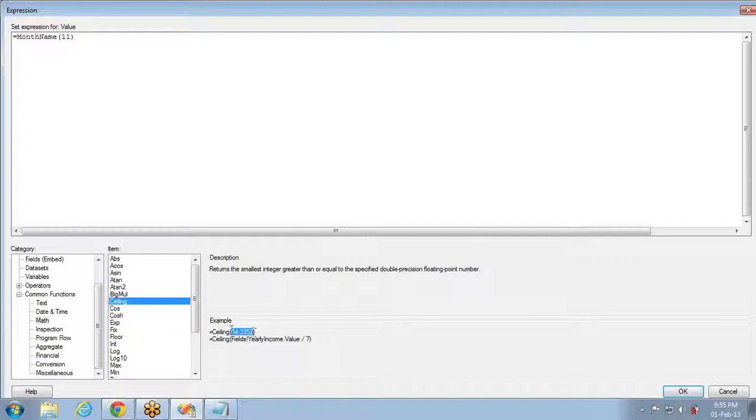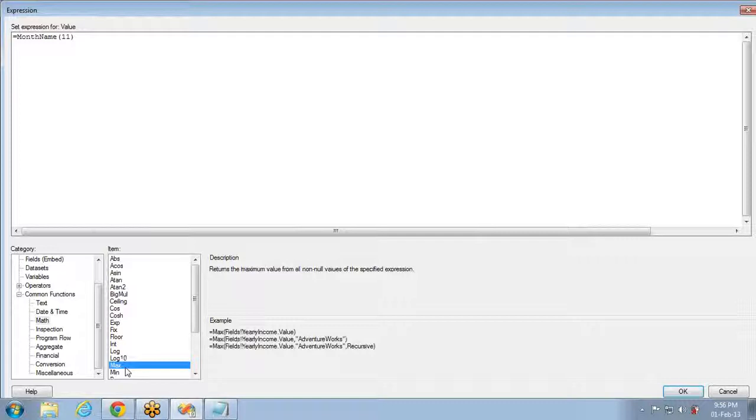And e power exponential, you are very well aware of this. E power 5, e power 10 if you want to use e. And log base 2: log 2 to the base 2, what is the value? It is 1. In the same way, log 10 to the base of 10 is equal to 1.